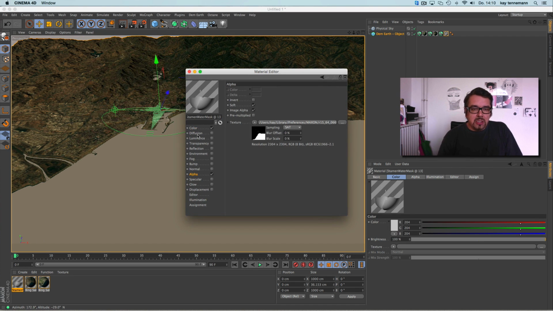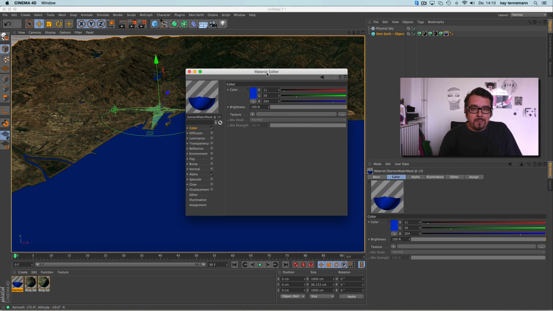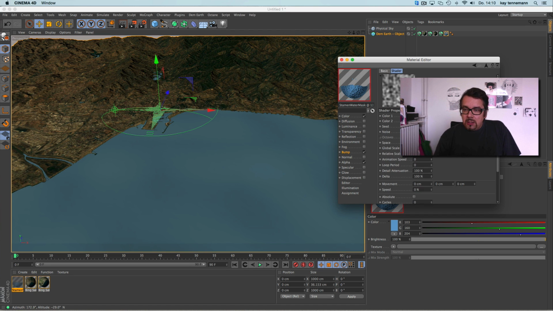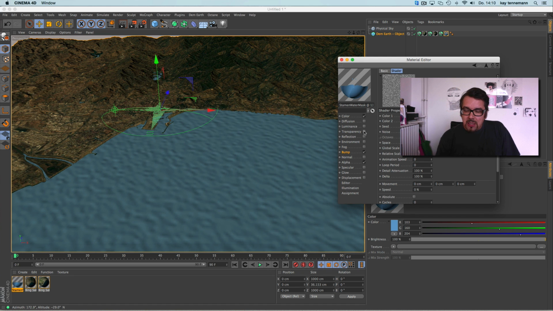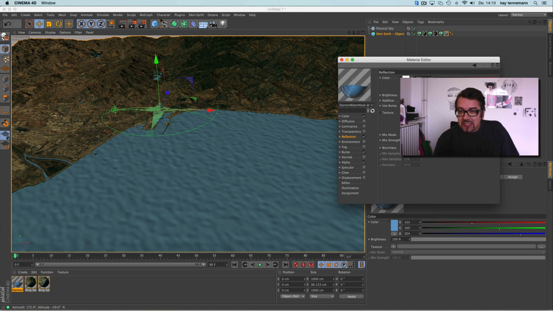But you can use it, for example, to give the water a fast look. Maybe I give it a fast, noisy bump map, with tinier details like this, and maybe a bit of reflection. Reflection with a Fresnel, and with water, maybe not so much.